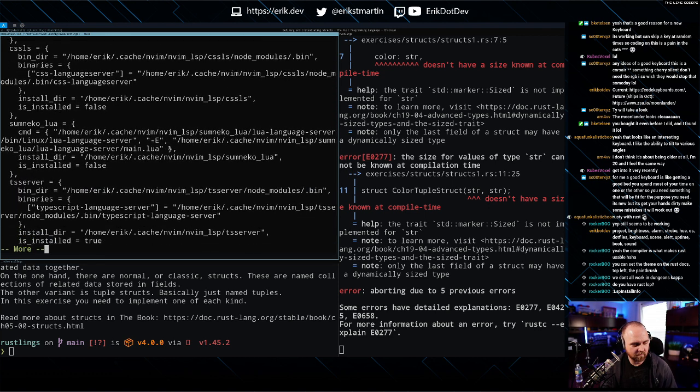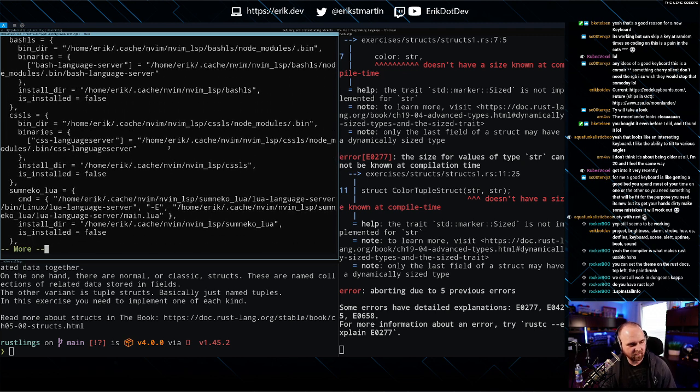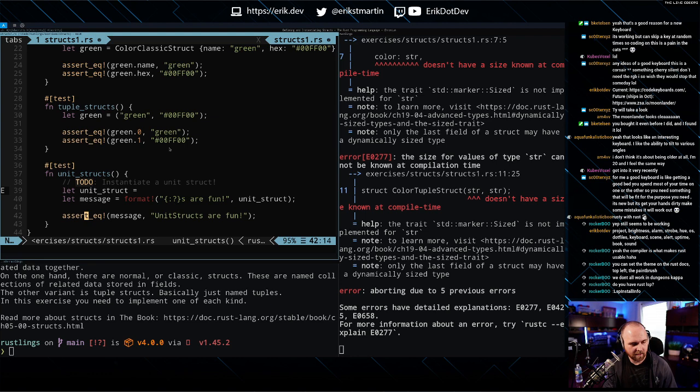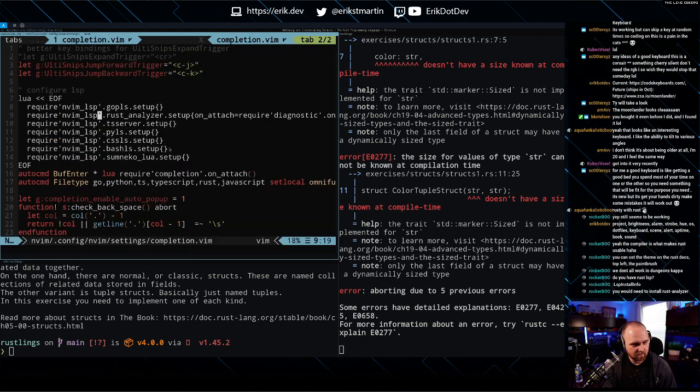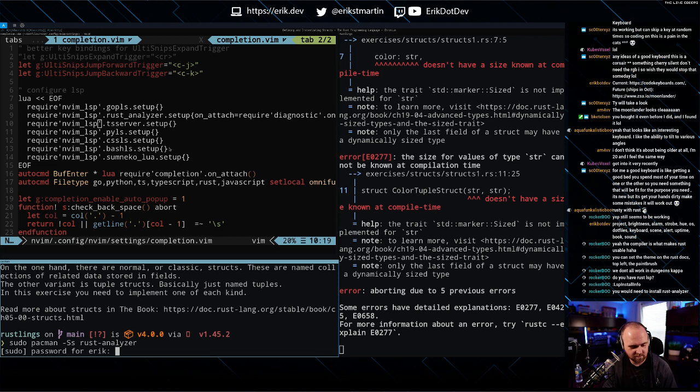Let's see, TSS. Yeah, I don't see Rust in here, interesting. I have it in my Vim file. Is it just that we don't have Rust Analyzer installed? I believe it's a package we can just install.